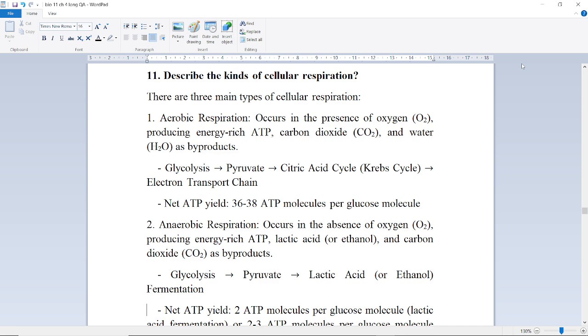Next is anaerobic respiration, which occurs in the absence of oxygen, producing energy-rich ATP, lactic acid or ethanol and carbon dioxide